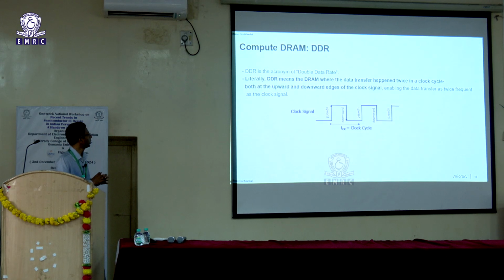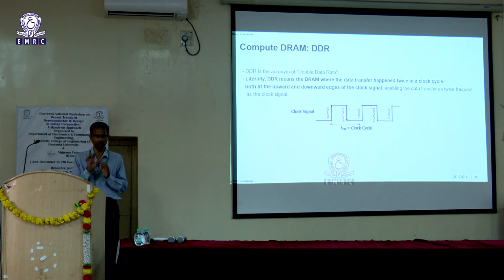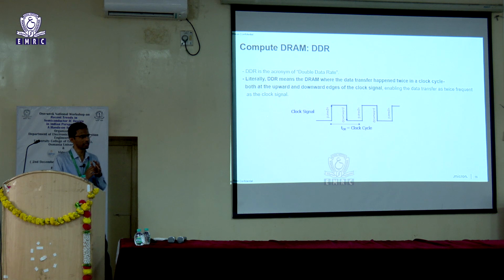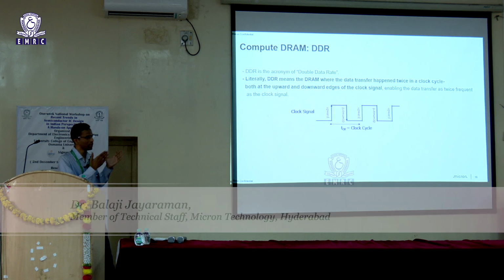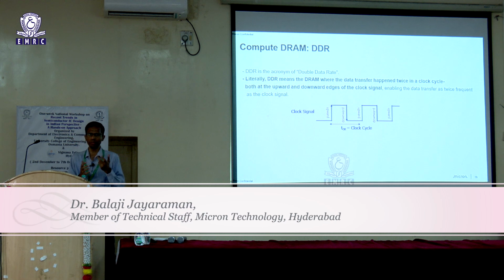Now let's get into a bit more detail on the terminology that is being used in the DRAM world. DDR is a common terminology that you will see pertaining to DRAM. DDR stands for double data rate. In a conventional digital design, you have a master clock, and at every positive edge or negative edge, based on how the system is designed, you have data coming out. You have an edge and data comes out, and you have the next edge and the next data comes out. So that's a single data rate at every edge. But here we make use of both the edges. That way you can actually double the bandwidth.